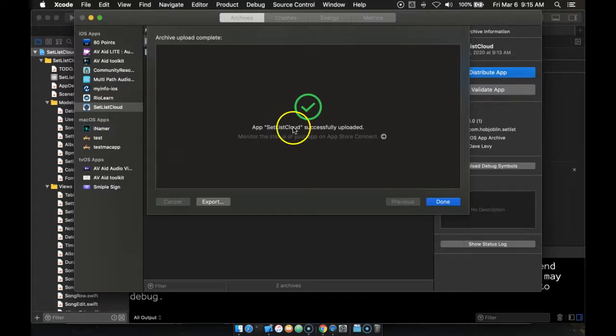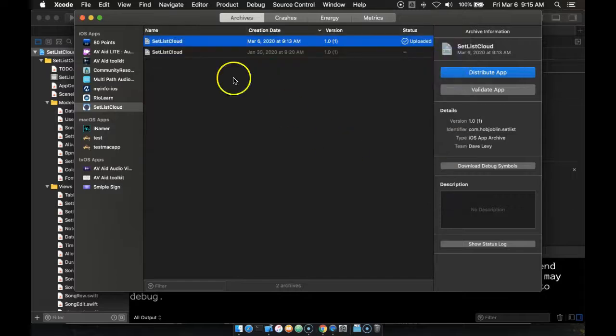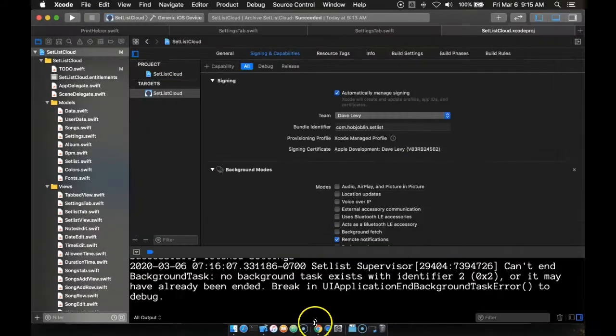So Setlist Cloud, and that's just the file name. That's because I didn't know what I was going to call it. My actual project is called Setlist Supervisor, but this is the file name. Is successfully uploaded. Monitor the status of your app on App Store Connect. That's where we were. So I'm going to hit done, and you'll go back over to App Store Connect now,